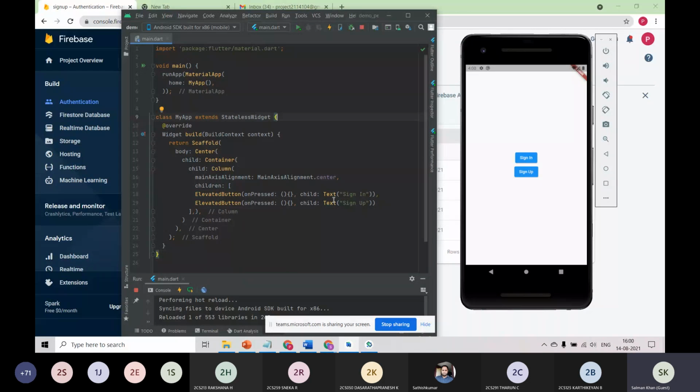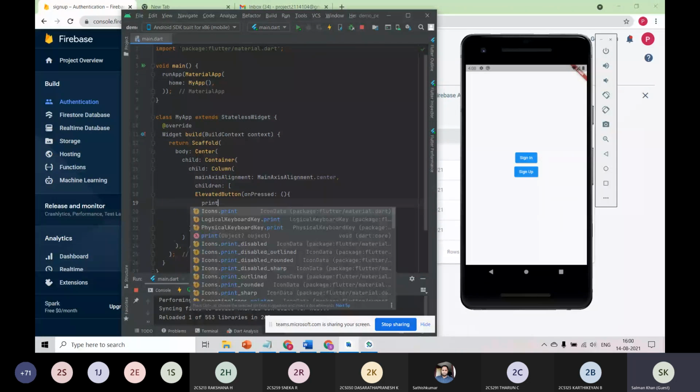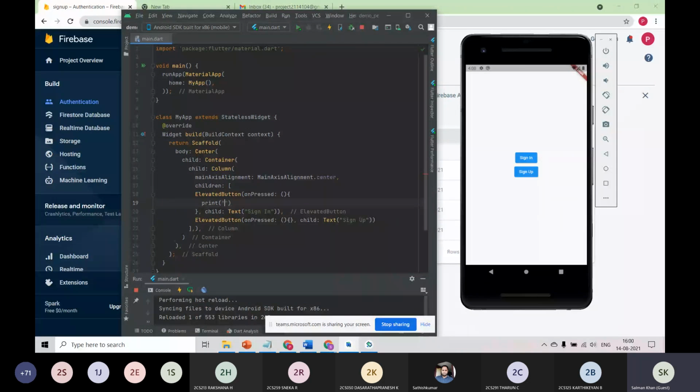So I say to the elevated button, your child should be the text of sign in or text of sign out. And whenever you press the button, onPressed will be called automatically. I'm just printing here: print sign in is called. And as I said before, the hot reload feature supports Flutter a lot.